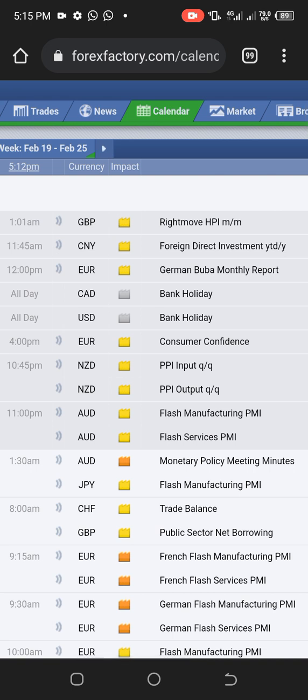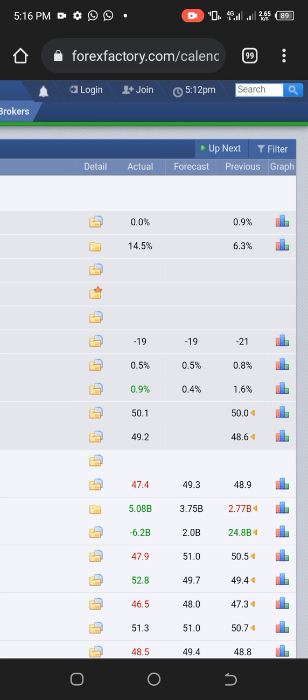Now the next question is this: when you get your chart, remember currencies are paired together. You will always see NZD paired with USD or any other currency. You see NZD USD, Euro NZD, NZD JPY. They will not stand alone. Now, when you see NZD paired with USD, NZD USD, and the actual is greater than the forecasted data, are you going to buy or sell? That's the first question.